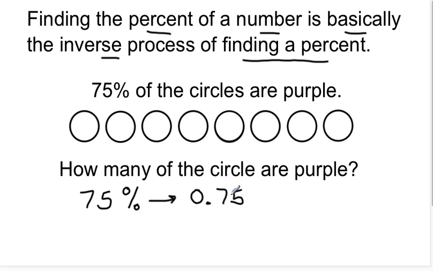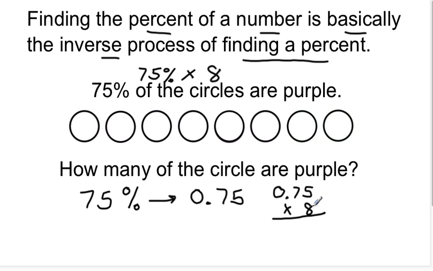Okay? Now that we have 75 hundredths as our decimal, we're going to take the number of circles we have, and that would be 8. So we have 8 circles, and we want 75% of the circles. Well, there are 8 circles. So we're looking at 75% of 8. Okay? And we know the word of means multiply. So what we're going to do is take 75 hundredths and multiply it by 8. So when we do that,